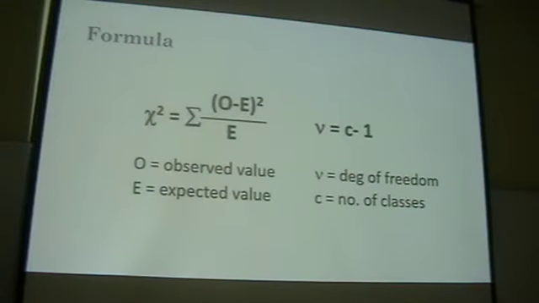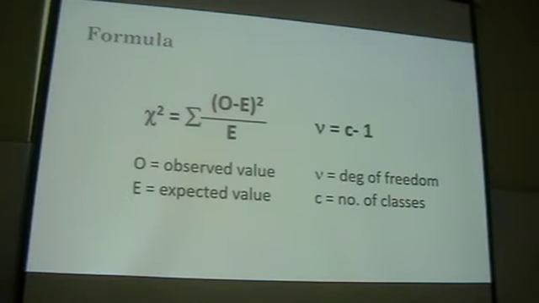Now, I want you to make changes to your lecture notes. Because of the printing, the summation sign inside your lecture notes seems to be a summation for just the top part, the bracket O minus E squared. No, the summation is for the whole thing. So can you remove the summation sign in your lecture notes and put it at the correct place? The summation is for O minus E squared over E. You do a summation for that. So change the position of your summation sign, please. Change it now, in case you confuse yourself.